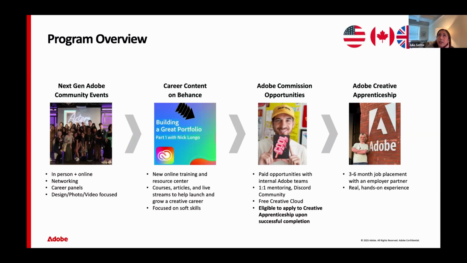Yes, if I understand your question correctly. You have to make a Behance profile, then you watch one of our free courses on our Content Hub, and then you would apply directly to opportunities that you're interested in for commissions. If you get selected for a commission, you'll do the commission with that team through Adobe. And then if you're interested in apprenticeships after that, if you do a great job, you would apply directly to apprenticeship opportunities with employer partners. And it all happens on Behance.